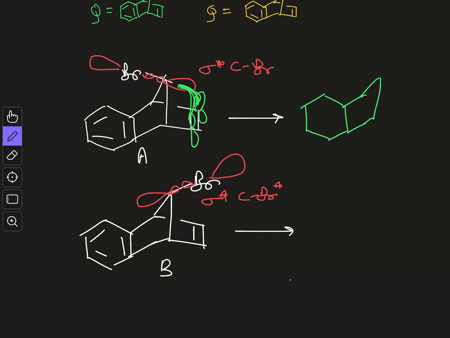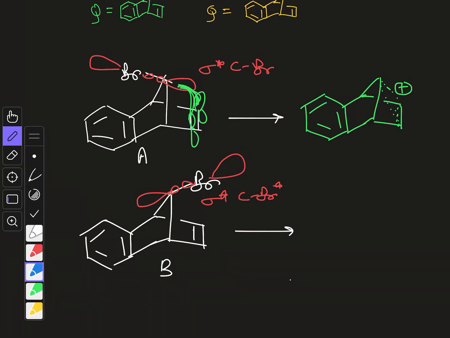So here you will get a non-classical bridging carbocation like this one. So here will be dotted bonds all over here. This indicates the participation from the pi bond. This is the carbocation, the positive charge is spread out over here. Whereas from the other one you can see the geometry or the stereochemistry is such that this pi bond cannot participate, because its orientation is different.